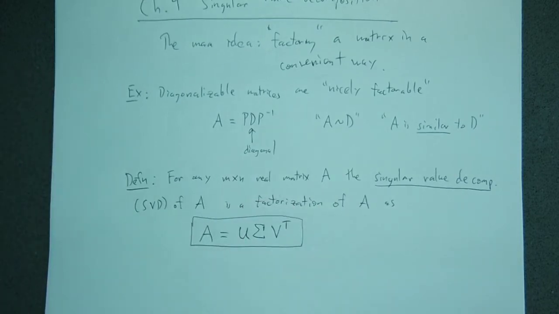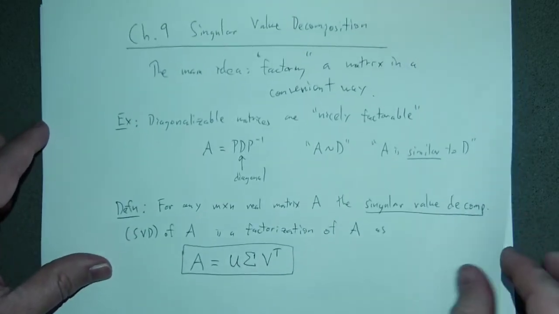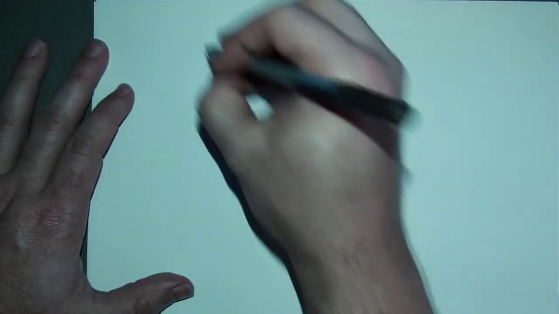Okay. Now, I haven't said anything about U, sigma, or V transpose. There's absolutely no info right now as to why you would care about this. So I better describe what I mean by this, because presumably using the identity matrices, you could literally write any matrix like that immediately. So then,